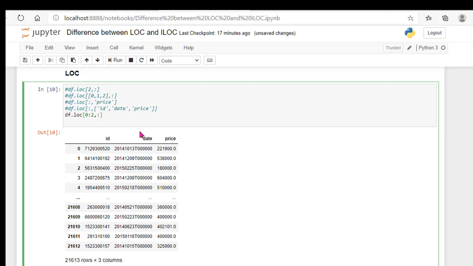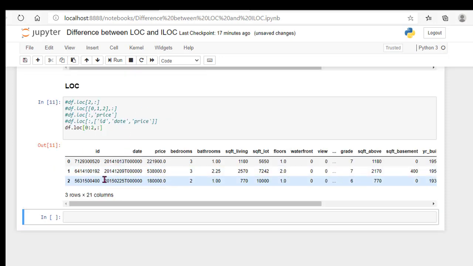So I'll get the same output: 0 to 2 and all the columns. See, here I got 0 to 2 and all the columns. Here one thing I need to specify: with loc, 0 to 2 means the last element is inclusive. That means here we will get 0, 1, 2. The row 2 is also selected.